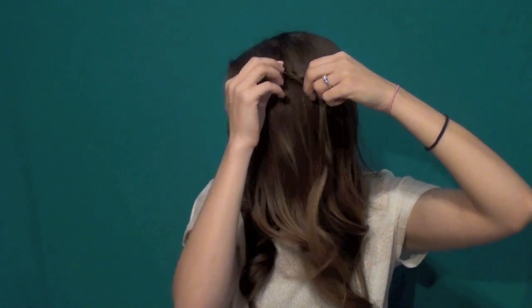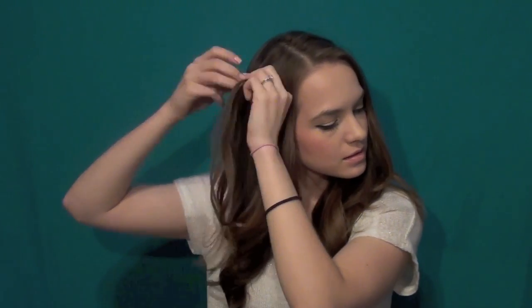So our next one are these Ladylike Braids. Now you know I have to throw a braid in every single tutorial, so here's the one for this one. You're going to start a couple inches back and just do a nice like 1 inch section of hair and braid it until you've braided enough hair to get to the back center of your head. And then just go ahead and clip it or use a band to secure your braid in place so that it doesn't unravel. Then once you have that done, you're going to repeat the exact same thing on the other side. So just braid all the way down